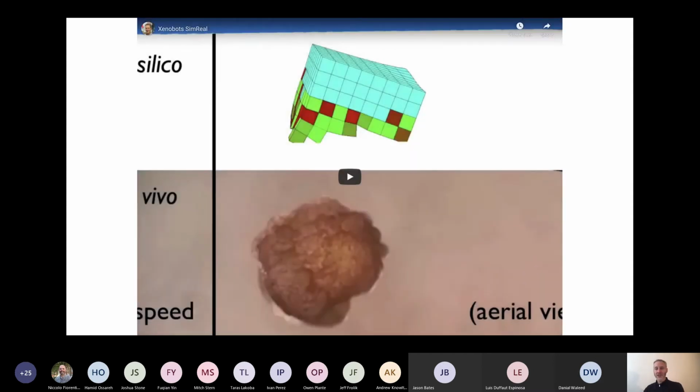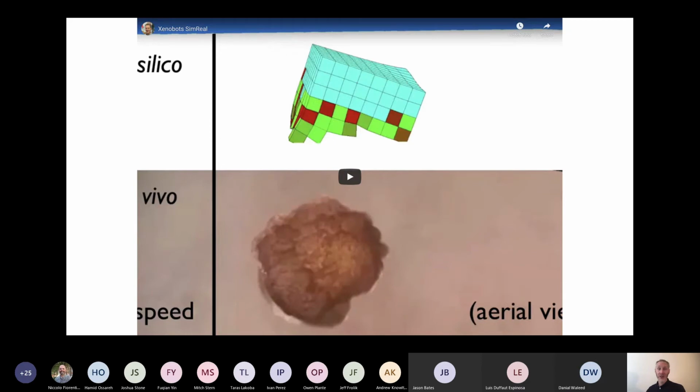Okay, I'm going to switch and talk about where the idea for this project came from, but I'm happy to answer any other questions about the xenobots themselves, if anybody has any. So far, so good. Okay, so obviously this work lies at the intersection of AI and synthetic biology, and both